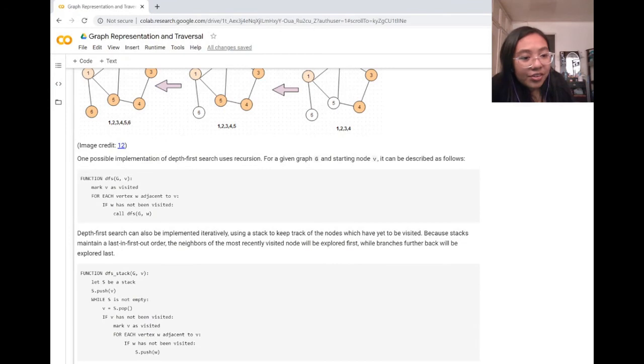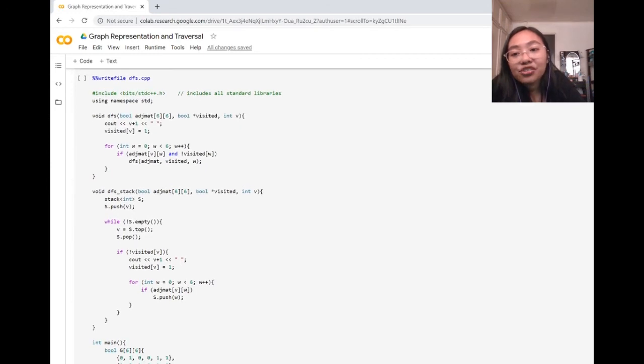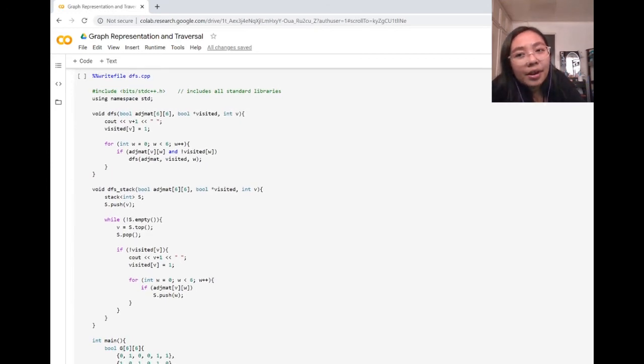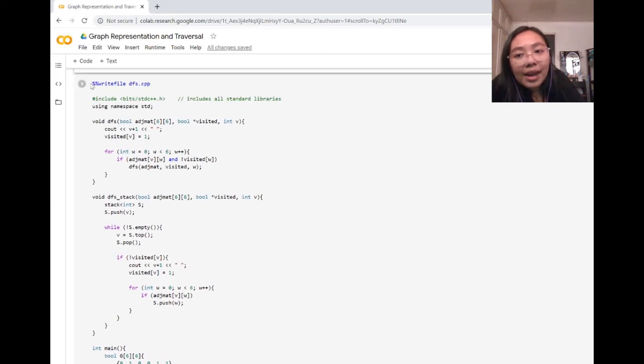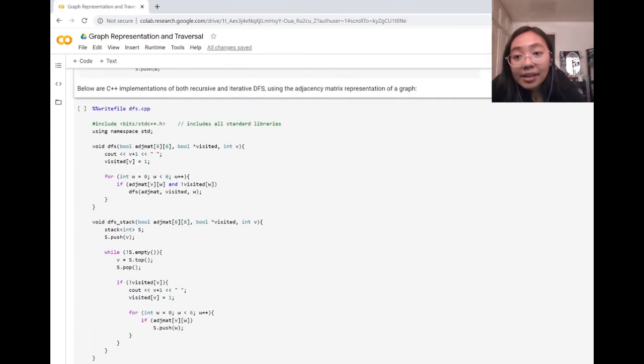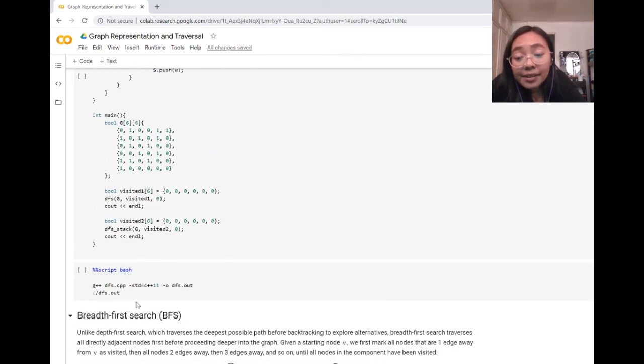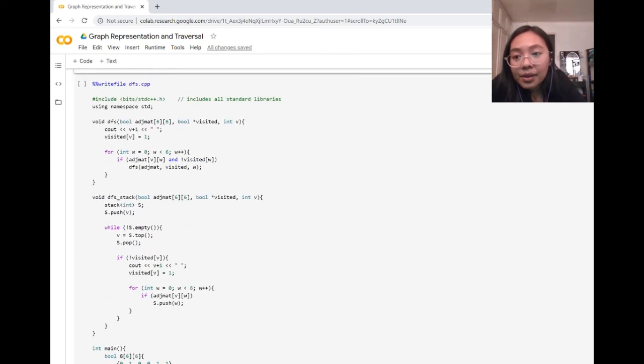Now, just to see na gumagana siya, let's look at a C++ implementation. Okay? So here, I'm using something called Google Colab to run my code. So I have to have the special line, but essentially it's the same. I'm making a file, dfs.cpp, and I will run it in this next segment. Okay? So I have both my